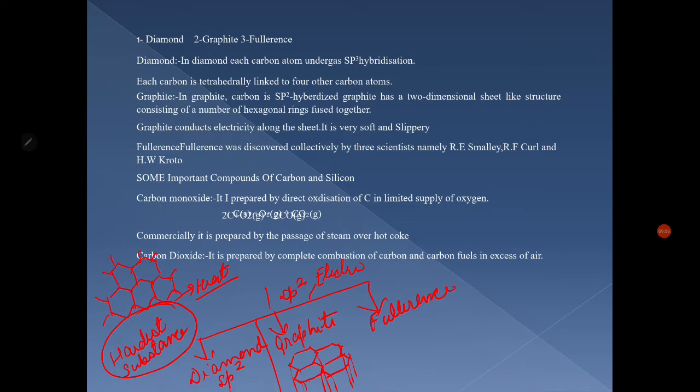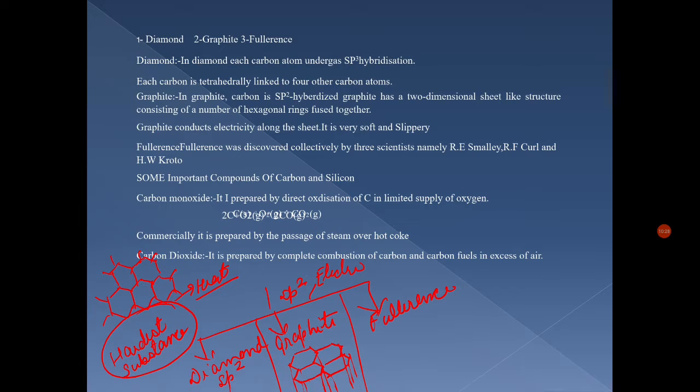Fullerenes. The third one is fullerenes. Fullerenes are made by the heating of graphite in an electric arc in the presence of an inert gas such as helium or argon. The sooty material formed by the condensation of vaporized carbon consists of small molecules of carbon 60 with a smaller quantity of carbon 70, and traces of fullerenes constituting an even number of carbon atoms up to 350 or above.